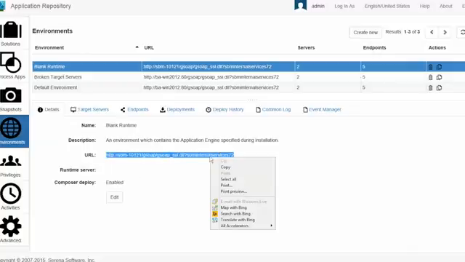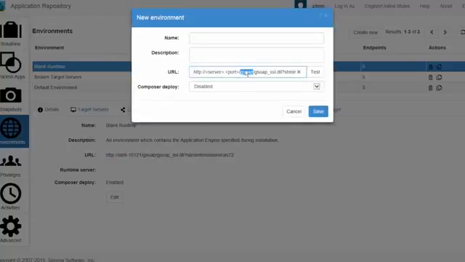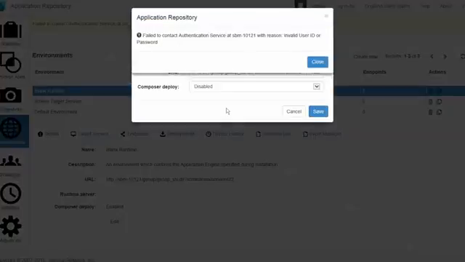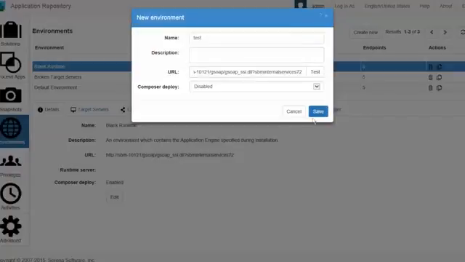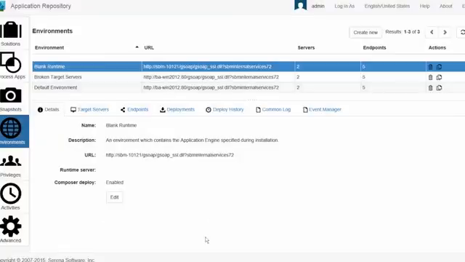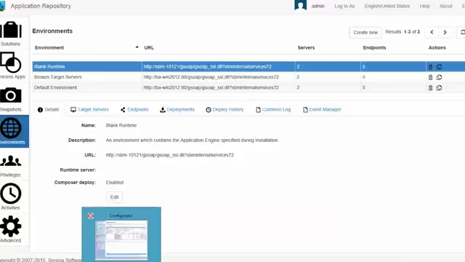Okay, so then you could do the same thing, like if that wasn't the problem. This might give us a little bit different error. Let's do it again, and it'll probably be authentication again. Okay, so this one actually says authentication service, but invalid user ID or password. So the problem with that one is, I'm going to list it in the knowledge base document. There's another knowledge base document that you can look at, but at the end of the day, what its problem is